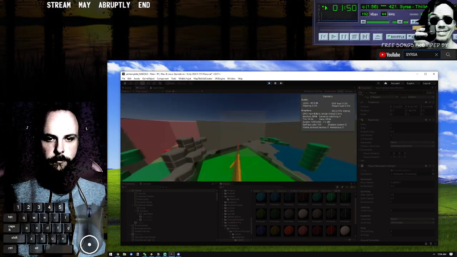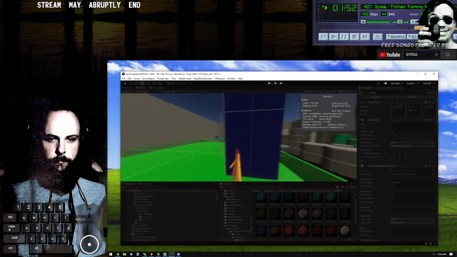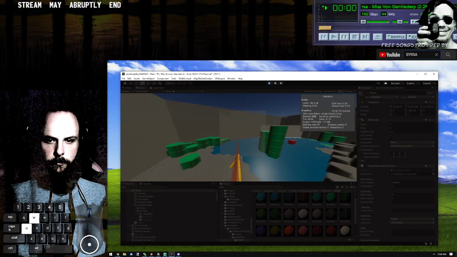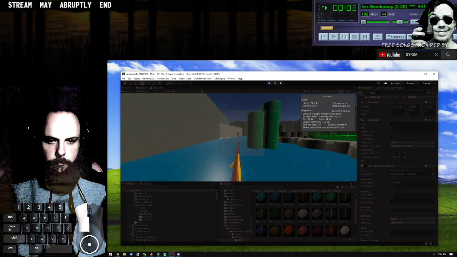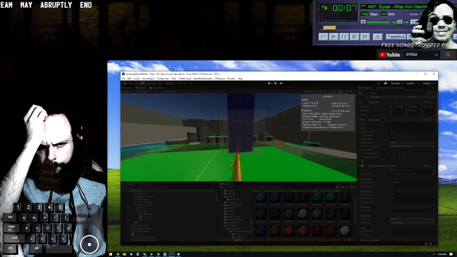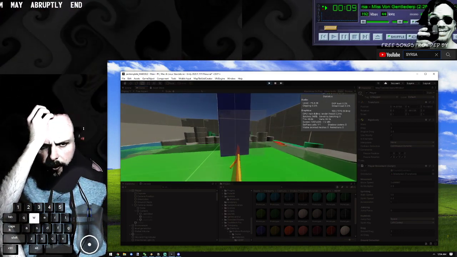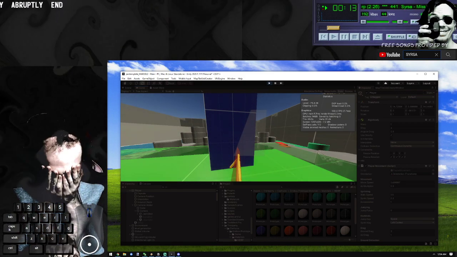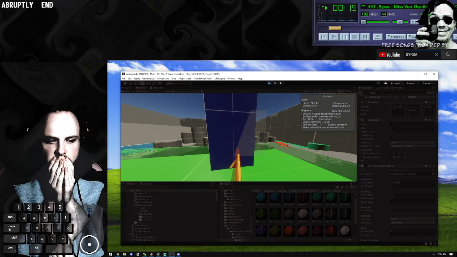Oh, Jesus. Oh. Cool. Okay, that is all working how I expected it to. Very good. Bang. Now when that overlaps that, I want that to enable the thing. So I now need to create the thing.